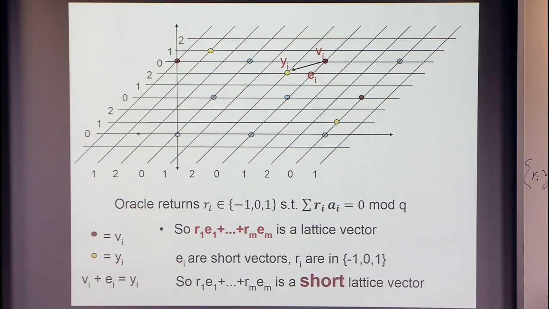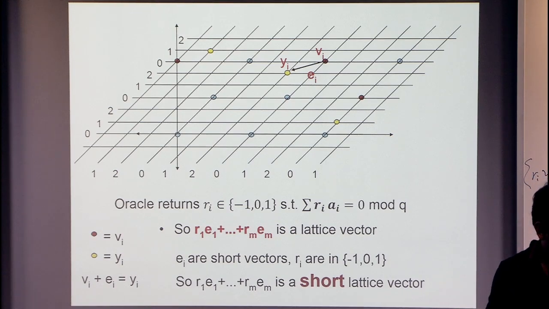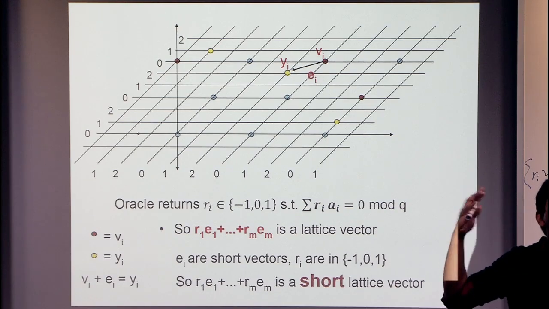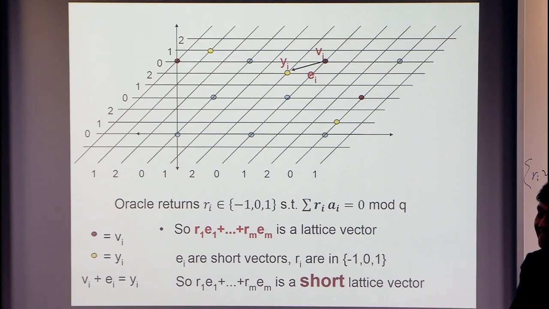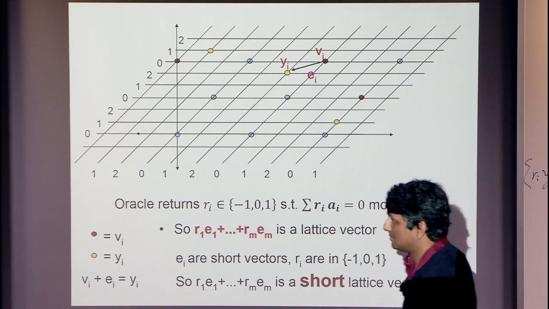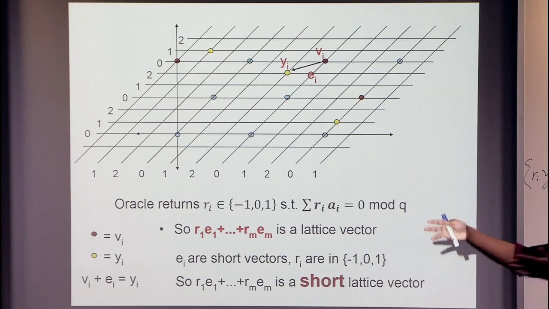Yes? Do you need to pick the v's at random so that this is non-zero with high probability? Good, excellent point. So I got a short lattice vector, and I'm very happy. Again, go home, right? But what David is saying is, what if it's 0? You don't think about it very often, but this is a big problem. What if it's 0? Then I ended up doing all this work for nothing.